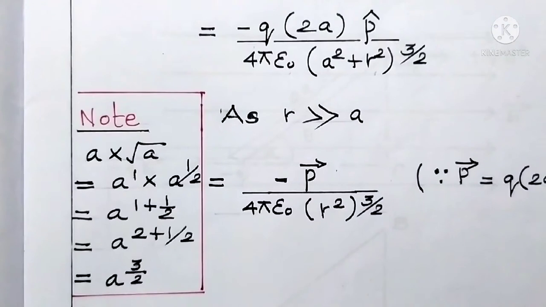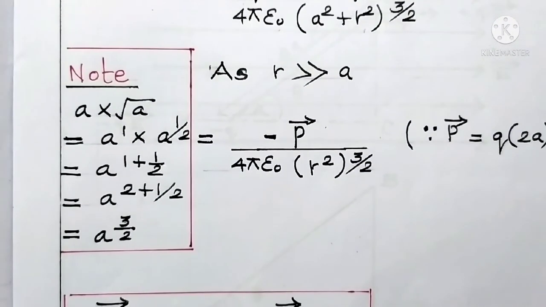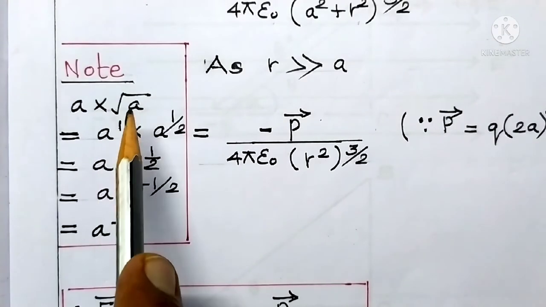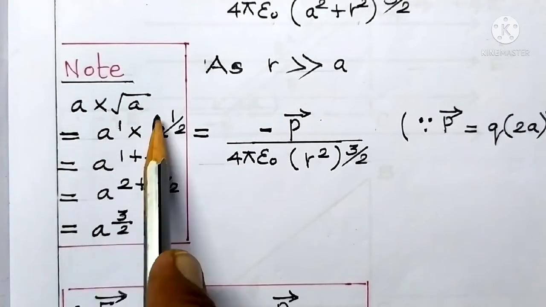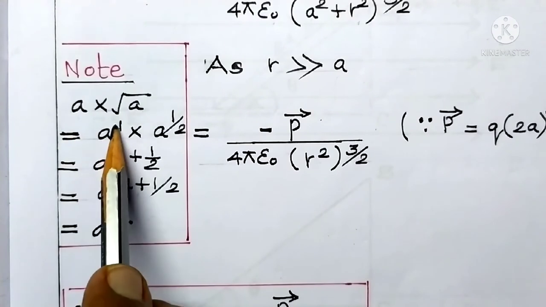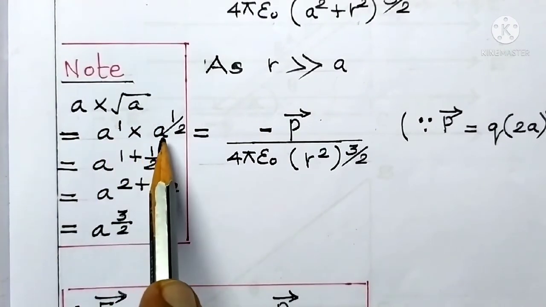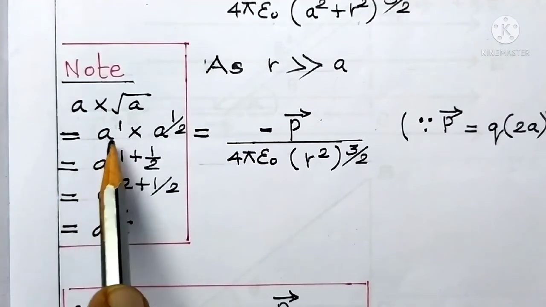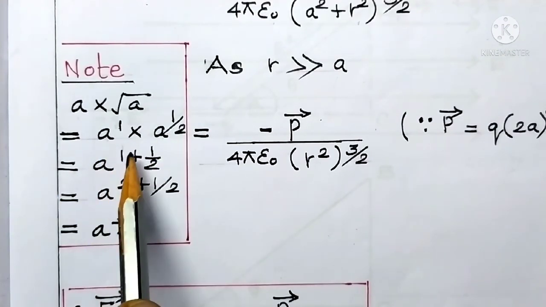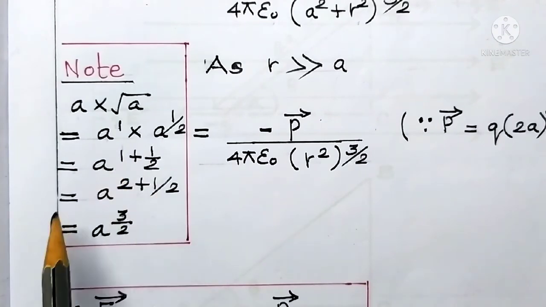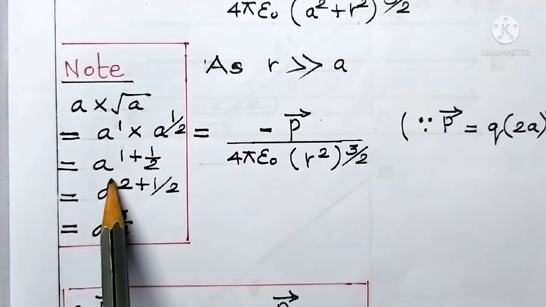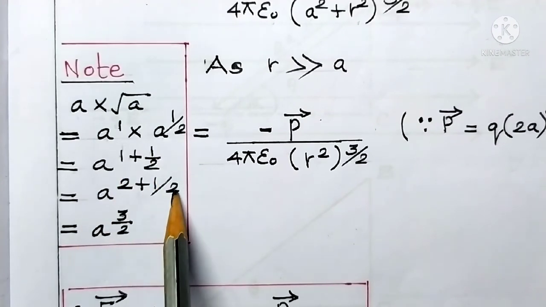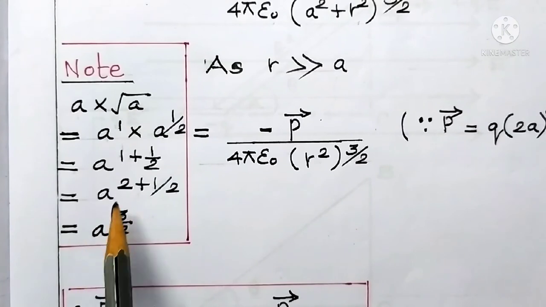Now have a closer look at this note, then you will have a better understanding. Here A is there, here square root of A is there. I am going to multiply these two. A is written as A power 1 and square root of A can be written as A to the power of 1 by 2, which is equal to, the bases are same, so A power 1 plus 1 by 2. Now take LCM, it will become A to the power of 2 into 1 plus 1 divided by 2, which is equal to A to the power of 2 plus 1